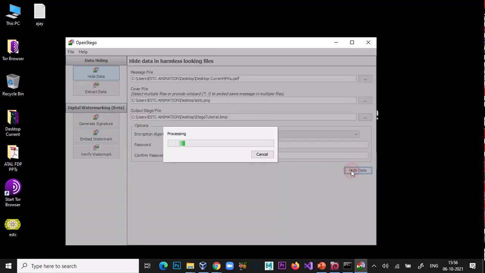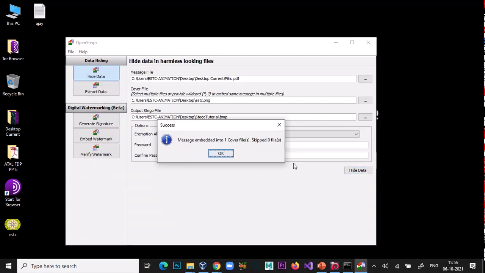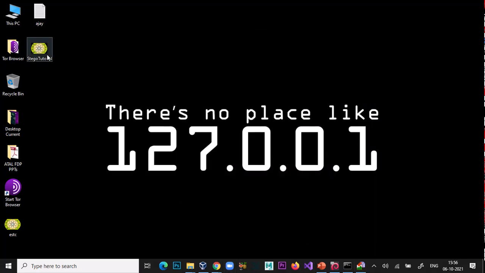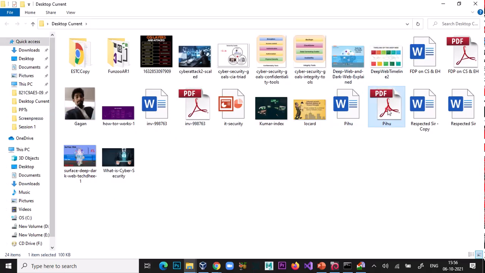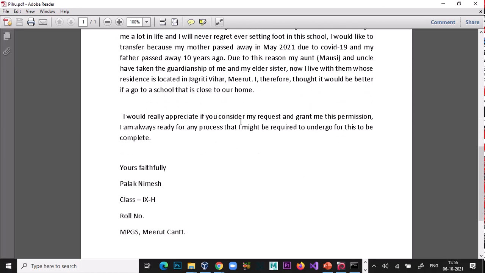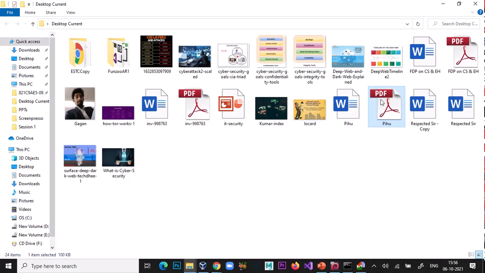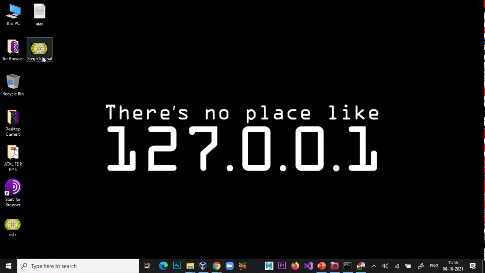Now hide the data. This is my Stego object, which has the information like this school branch transfer PDF. So now I have to send this file to my recipient.